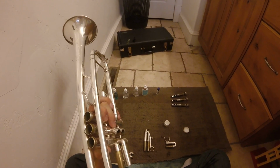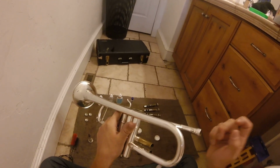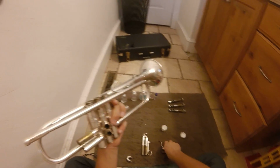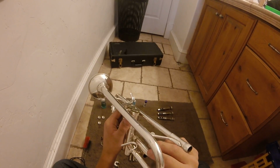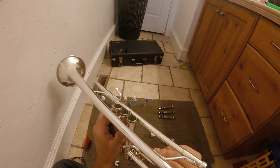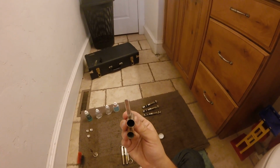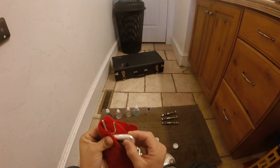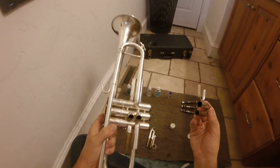This one is a little bit harder because there's all the horn pieces in the way. But just try to do your best to get it on. That's why I like to do one, then the next, and then I can twist it and make sure the oil gets everywhere. And you can also hit it and you can wipe it off with the piece itself. Sometimes that'll work, sometimes it won't work. Just depends on